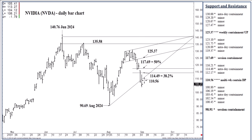Anyway, if we close above 110.56, 3 to 5 day swing traders should reverse and go long. 2 to 3 week swing traders should reverse and go long. Upside for the day, if we happen to push through 114.49,